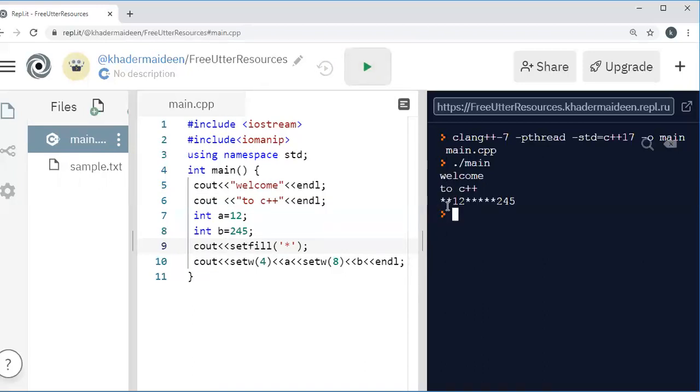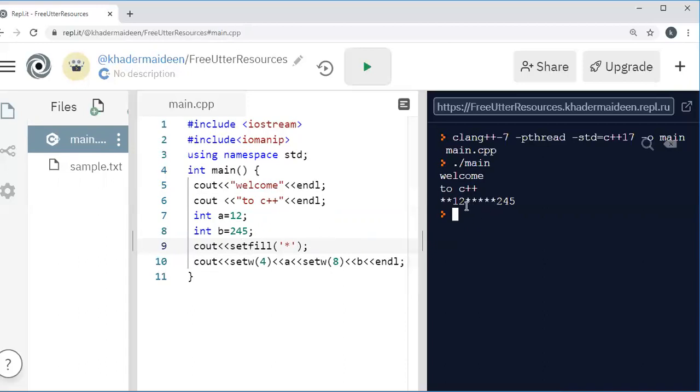Now you can easily understand how many characters are there. Here the width is 4 and the length is 2. Therefore, the remaining 2 characters are filled with asterisk. Like that, the length is here 3 and the width is here 8.